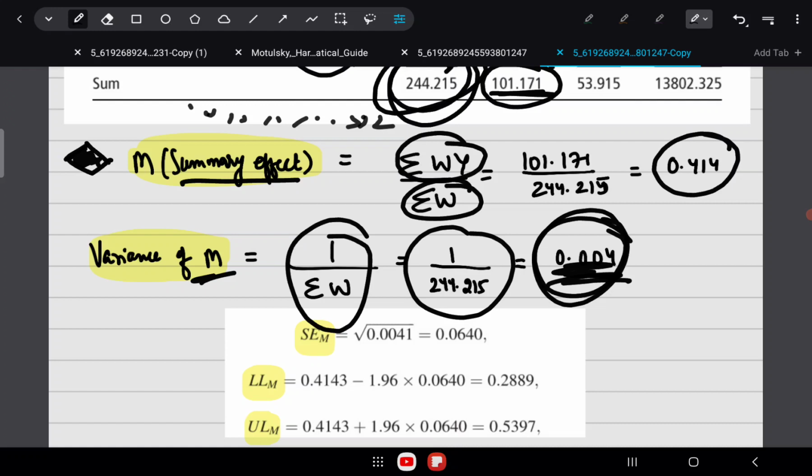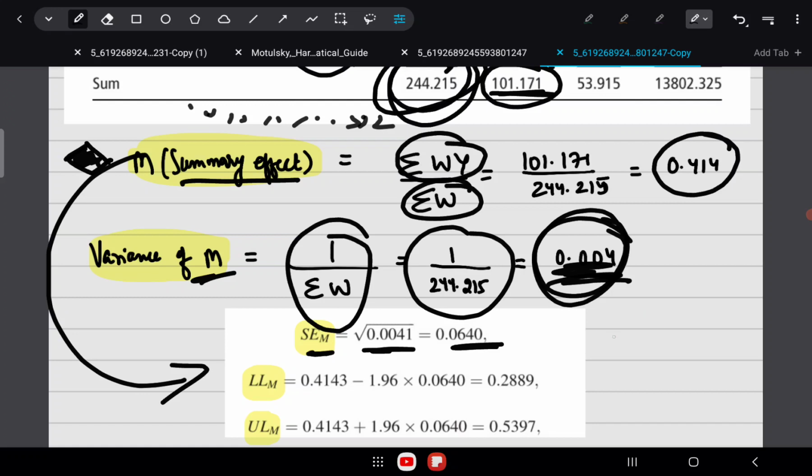Now you have the summary effect and you also have the variance of the summary effect. Now you can calculate the standard error of this summary effect. Standard error will be the square root of this variance. Then you can calculate the upper limit and the lower limit of the summary effect. How?